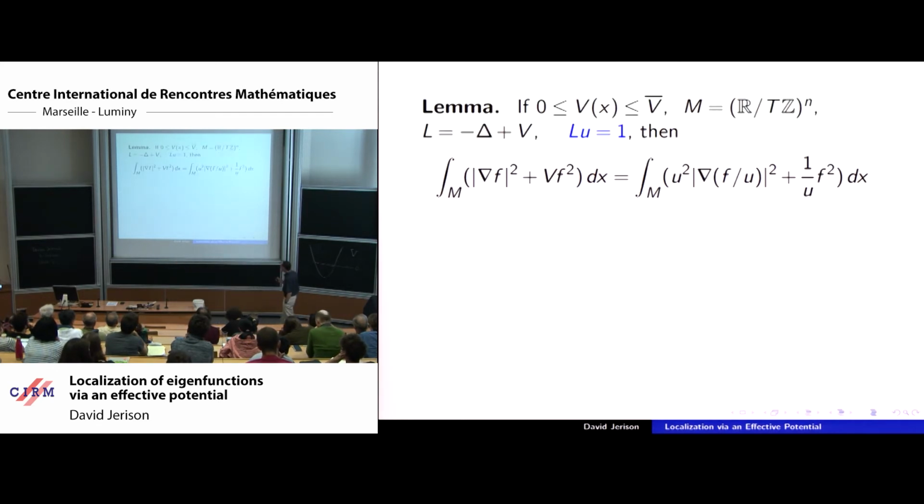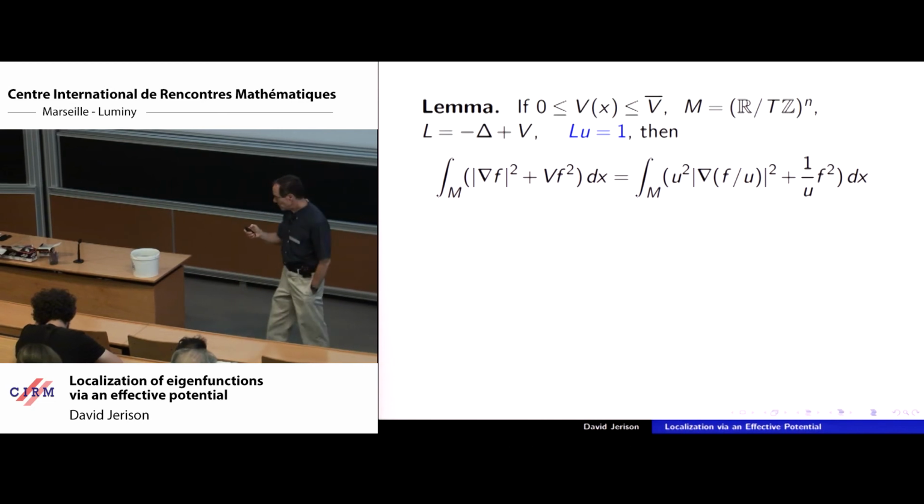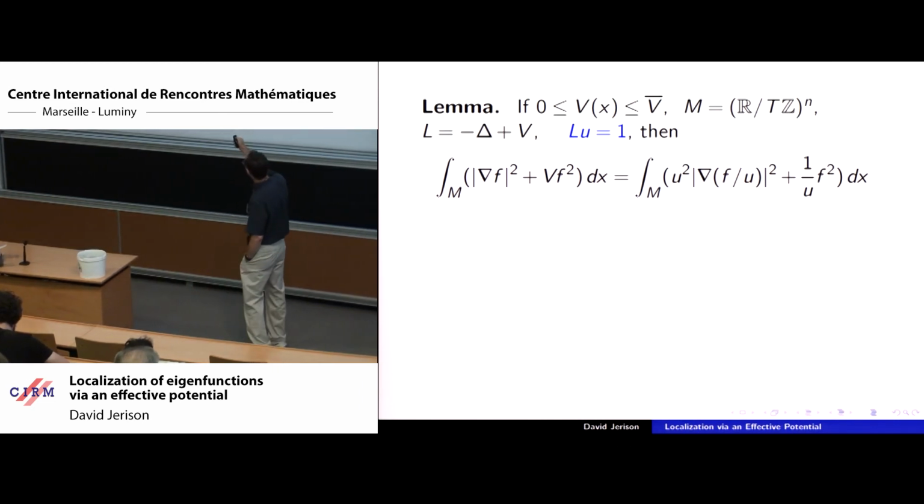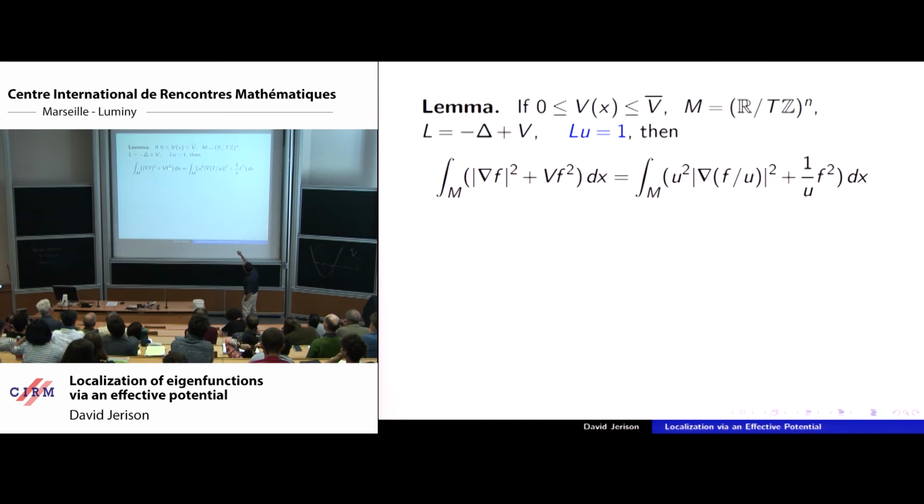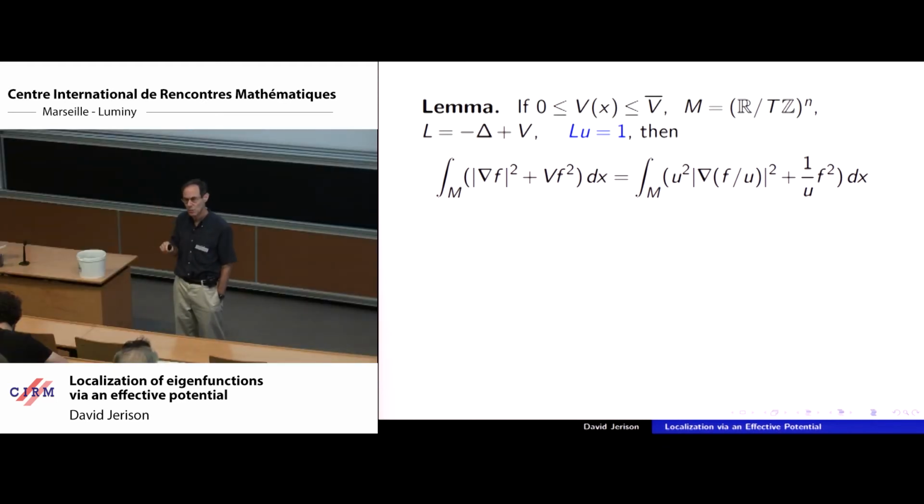Okay, so there's a lemma, and the lemma actually is the identity that I just did. But now there's one extra trick that I want to introduce to you, which is trivial but helpful, which is that we actually need this identity. We're going to prove this identity by a different method. We already proved this identity. I wrote it down for you. It's just a calculation with change of variables, with a conjugation by u. But actually, we're going to prove it by a better method.